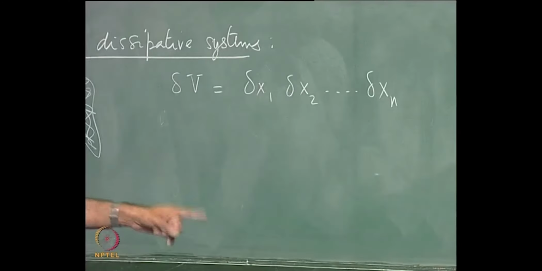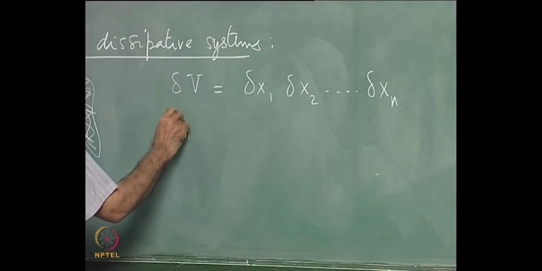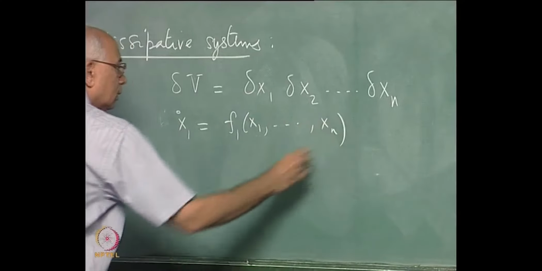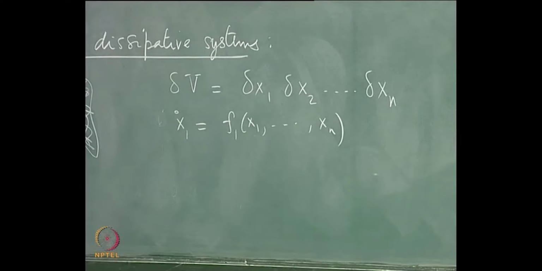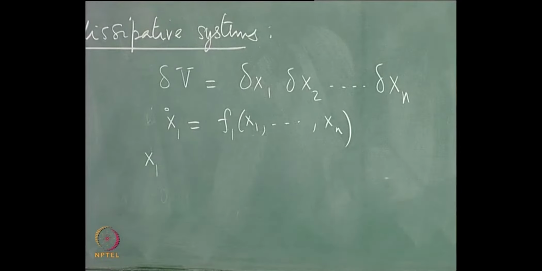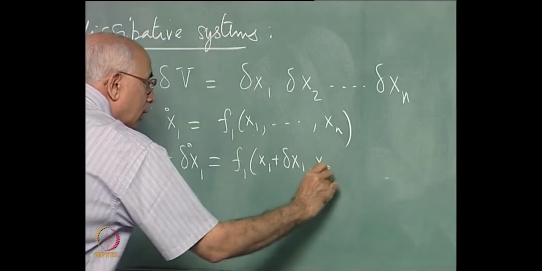And I write my set of equations down and track the time dependence of this delta V. The set of equations is x1 dot is f1 of x1 up to xn and so on up to xn. But if I start with an initial condition, if I look at the point not x1 but x1 plus delta x1, then x1 dot plus delta x1 dot, this stands for a neighboring point near x1, is equal to f1 of x1 plus delta x1, and all the other variables are unchanged